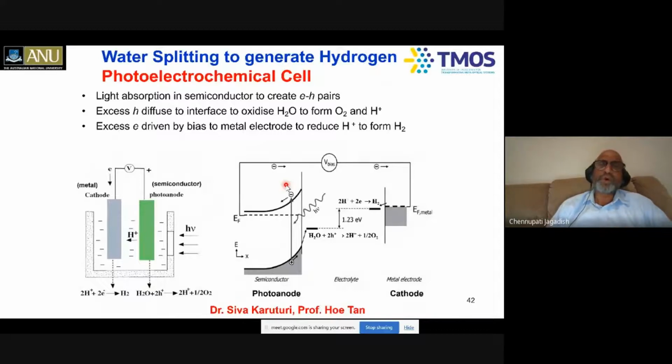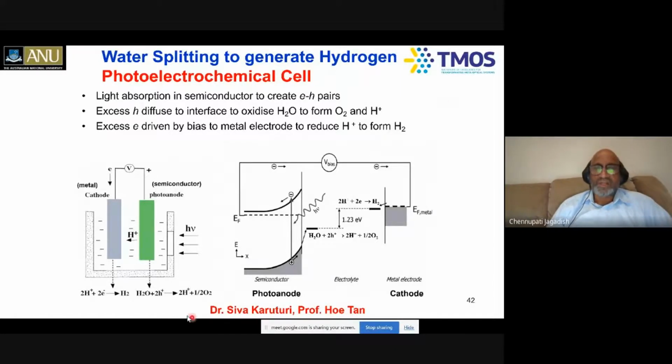So now let me move to the water splitting to generate hydrogen. While solar cells are very good when the sunlight is there, in order to store the energy, they need to have batteries, and batteries could be heavy, and transportation becomes a challenge as well. So that's why people have been thinking about other energy sources, and now hydrogen is seen as a clean energy source, which is storable and also transportable. Like when you have liquid petroleum gas, which we're using to transport vehicles, you can use hydrogen in place of that, for example.